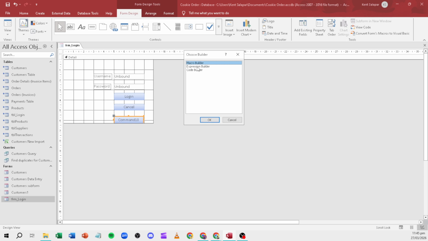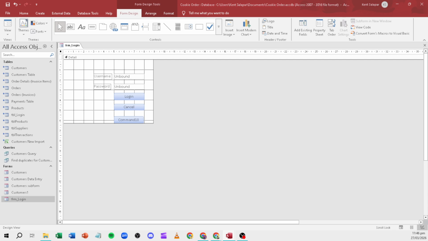Inside that click event, enter the VBA that opens your target form, jumps to a new record, and sets the cursor into the specific field you want. A simple, reliable pattern looks like this. First, open the form. Second, go to a new record on that form. Third, set focus to the field. As an example, type